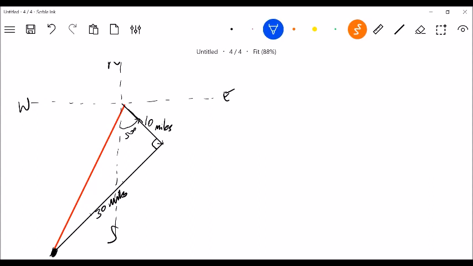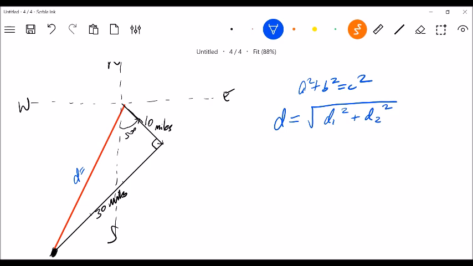All right, so we need to know the distance. Well, once again, if I want to know the distance, I can do a squared plus b squared equals c squared, or since all that does is become the distance formula, it's the distance formula of one distance squared plus the other distance squared, and then the square root of those. So it's equal to 10 squared plus 30 squared. Figure that out on the calculator and you get approximately 31.6